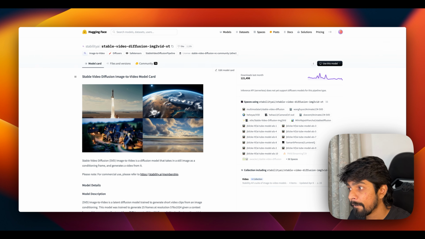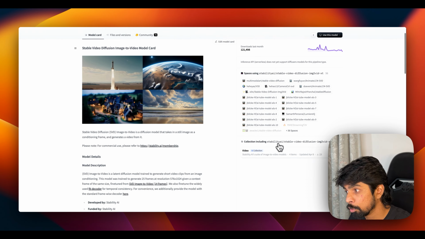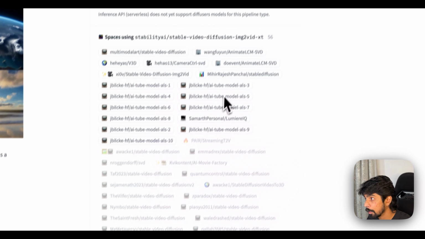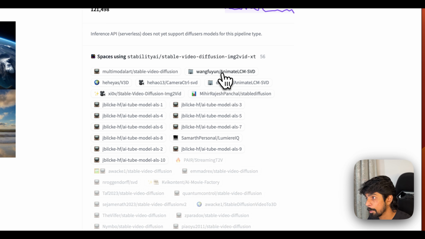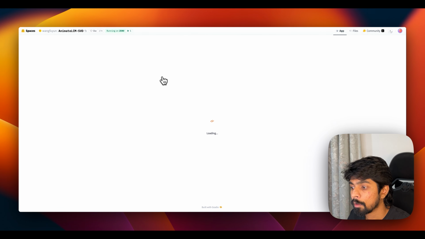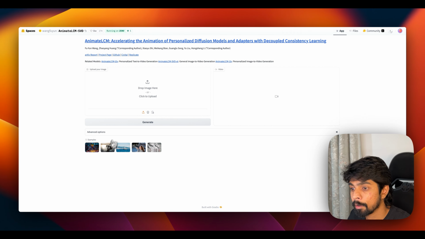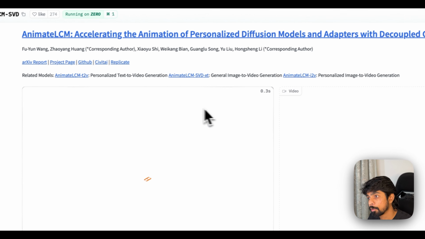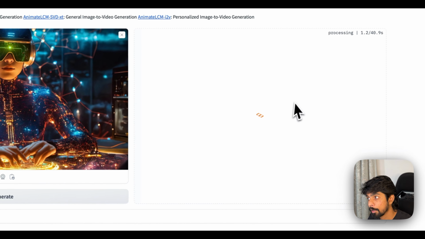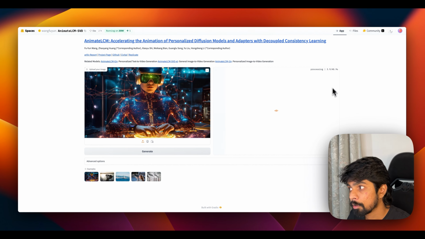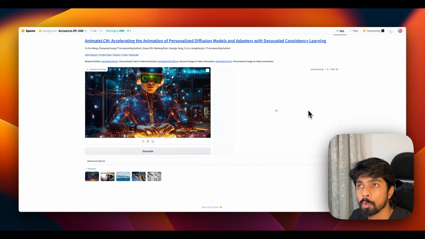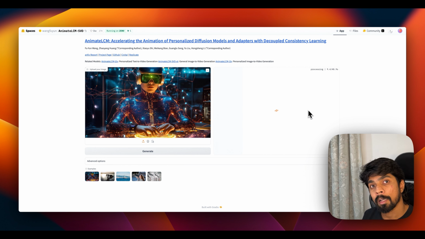So this is a bigger model, and then there are smaller models in here which we can use for going deeper. Like this one is specific for anime. Then you just put in an example in here. It's going to show an example of the video it's going to generate, about 40 seconds. So there are multiple use cases that can be done by using Hugging Face as your LLM provider,